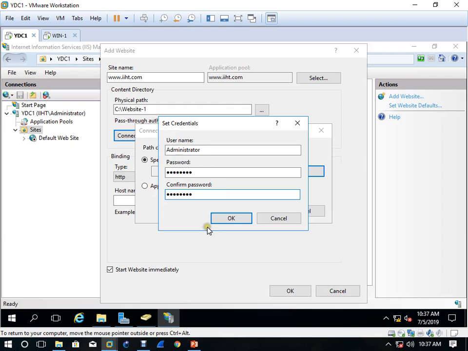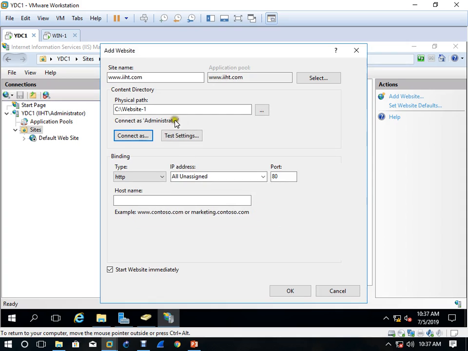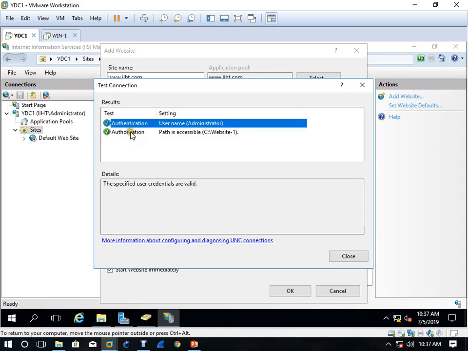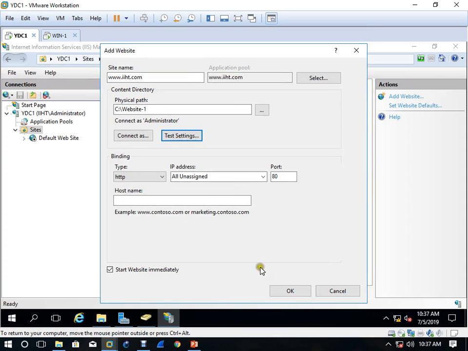So you don't need to give credentials. You just click OK, click OK and test the settings. See, authentication pass and authorization pass. Then click close. See, the website will be connected as an administrator.